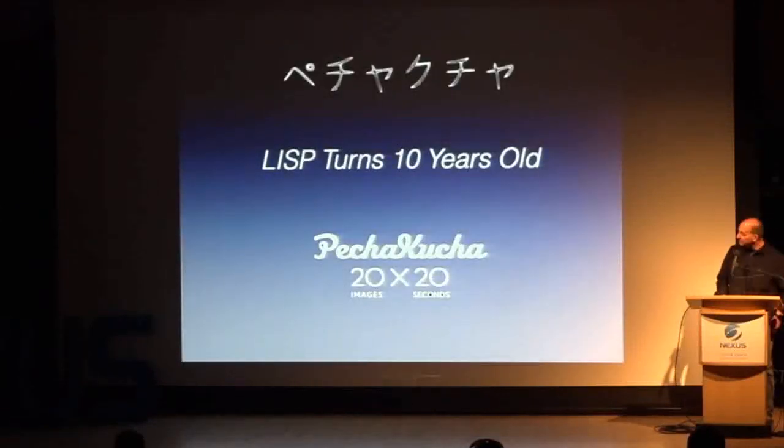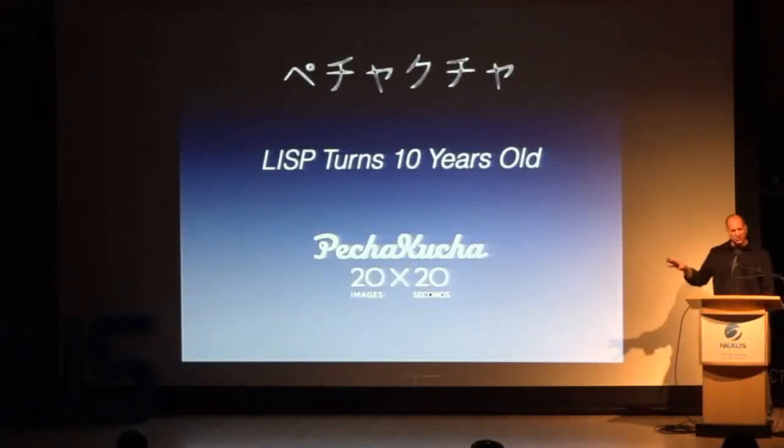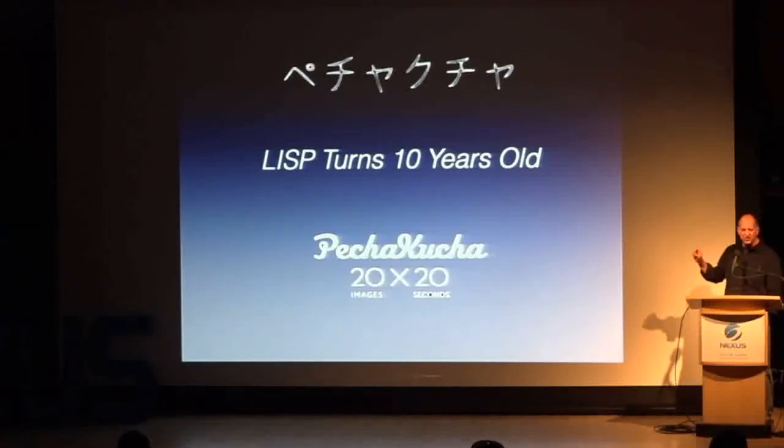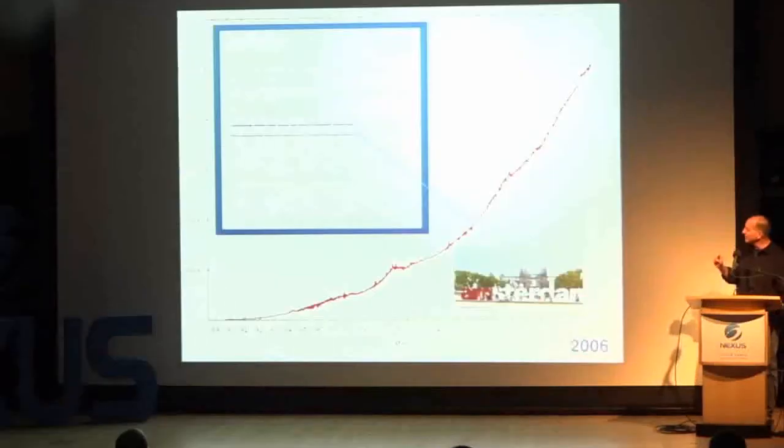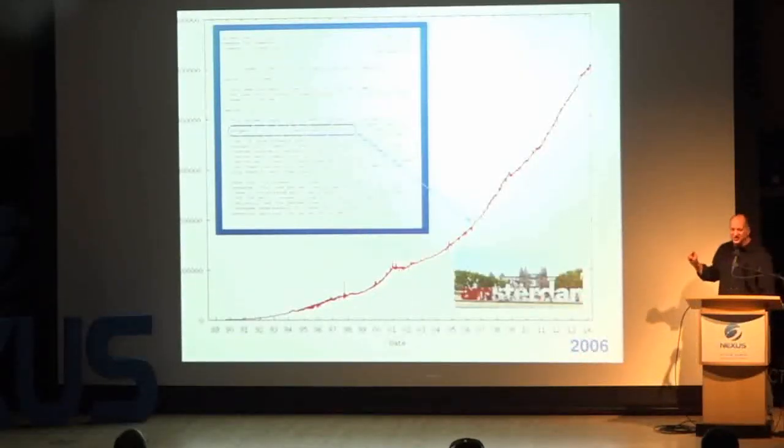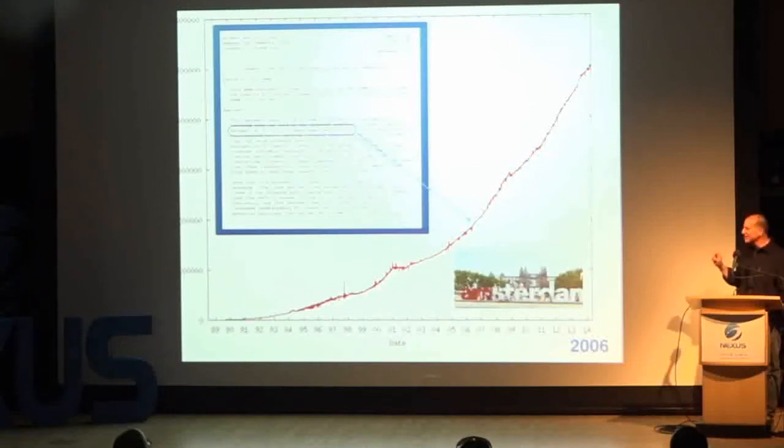So I'm doing on time pretty good. So I'm going to now talk about Lisp, which is now 10 years old. Pecha Kucha basically is 20 slides, all graphics, and they advance at 20-second intervals. So it's a way to tell you what Lisp has done over the last 10 years in 6 minutes. Now it hasn't advanced yet, so I have a little bit of time. But you're going to start laughing because you're going to find out when there's an interesting slide, I'm going to be having to rush through it.